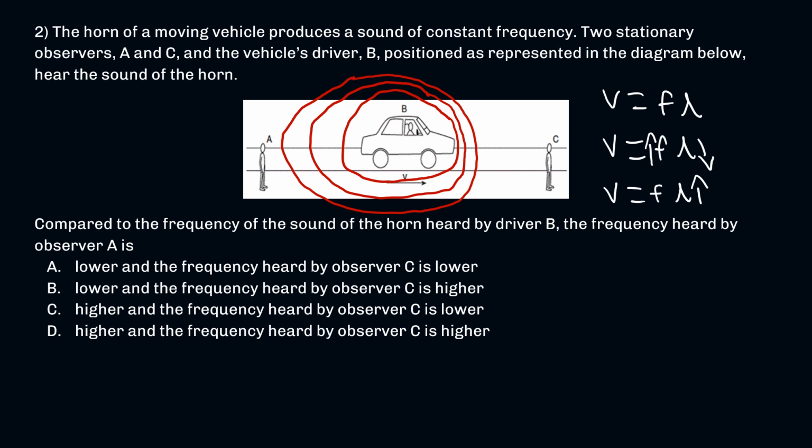So my frequency then must come down. So my answer here is we're looking for observer A. That is going to be lower. There are two answer choices with that. I then go further into the answer choice, and